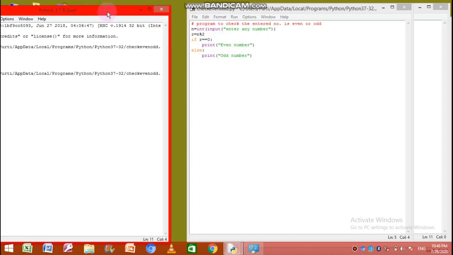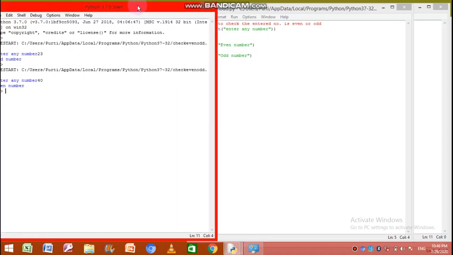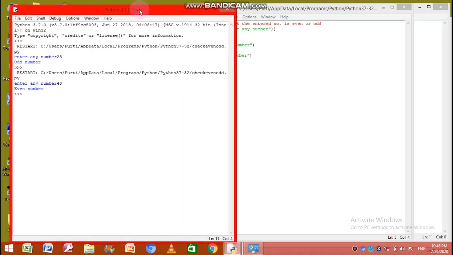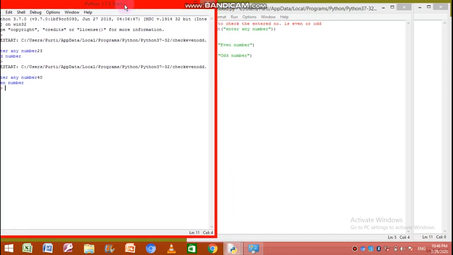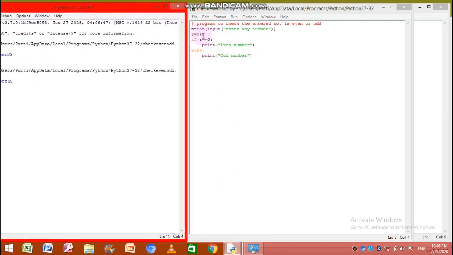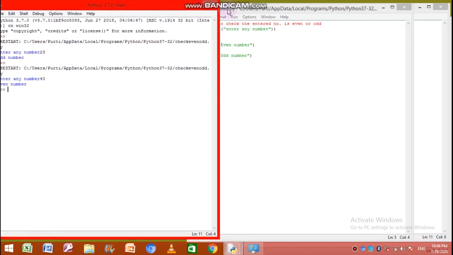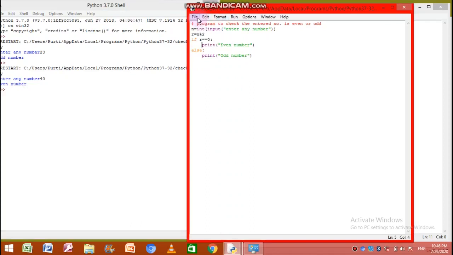So in this way we can make programs which can have two answers, but which is the appropriate answer is obtained by a logical or relational check. In that situation we can use the if statement to check those conditions. Let's see another program based on if else.